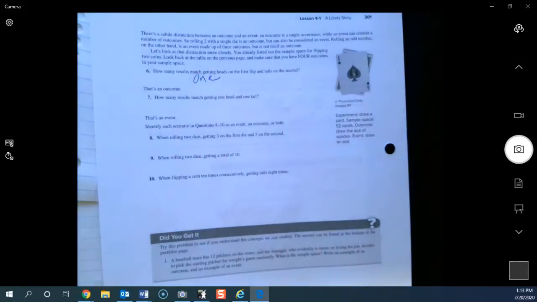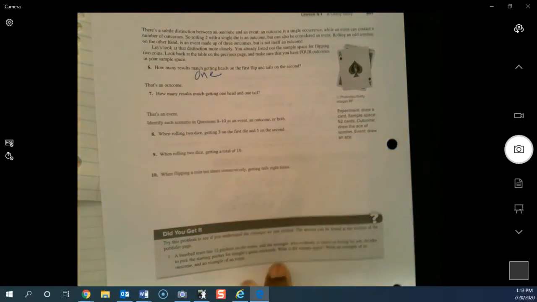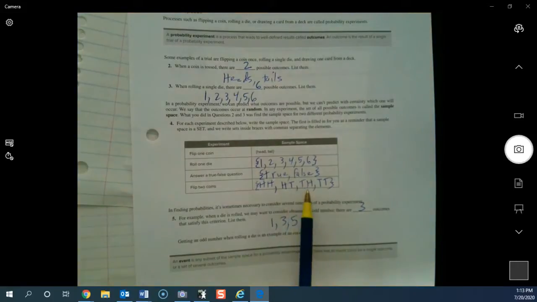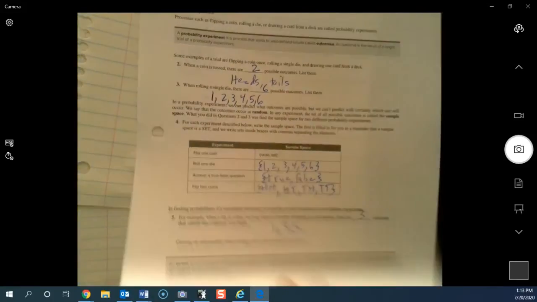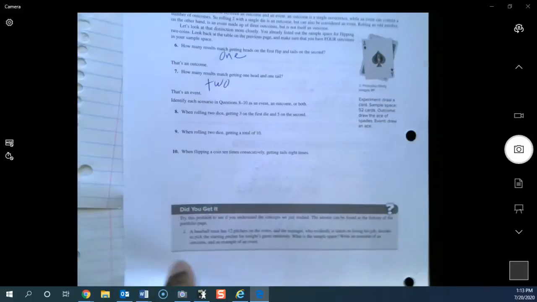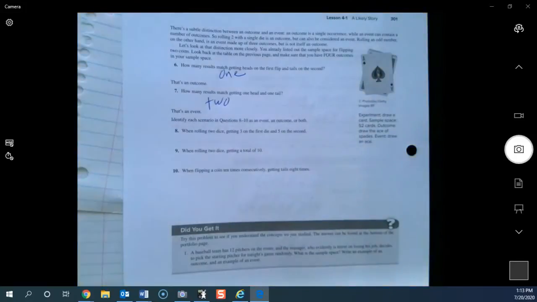Now, number 7, how many results match getting 1 head and 1 tail? They said 1 head and 1 tail. There's 1 head, 1 tail. There's 1 head, 1 tail. So it's actually 2, because they didn't care what order it was in. As long as it's 1 head and 1 tail, that's all that matters. That's an event. So an event has more than one outcome, and an outcome only has one outcome. Okay, now,